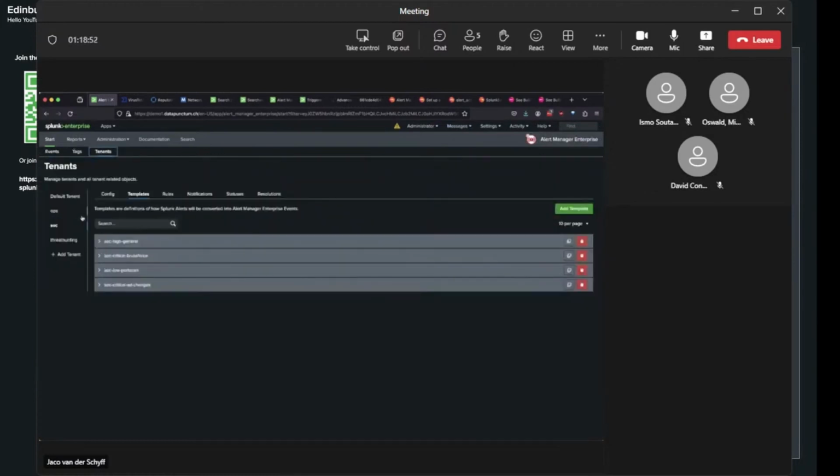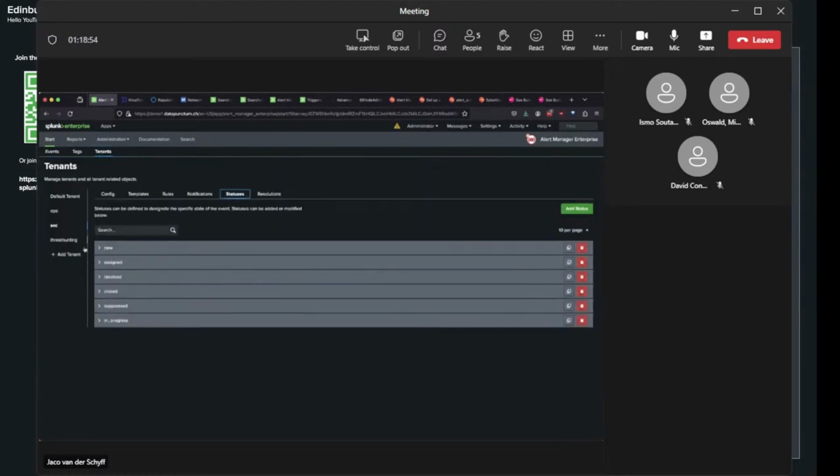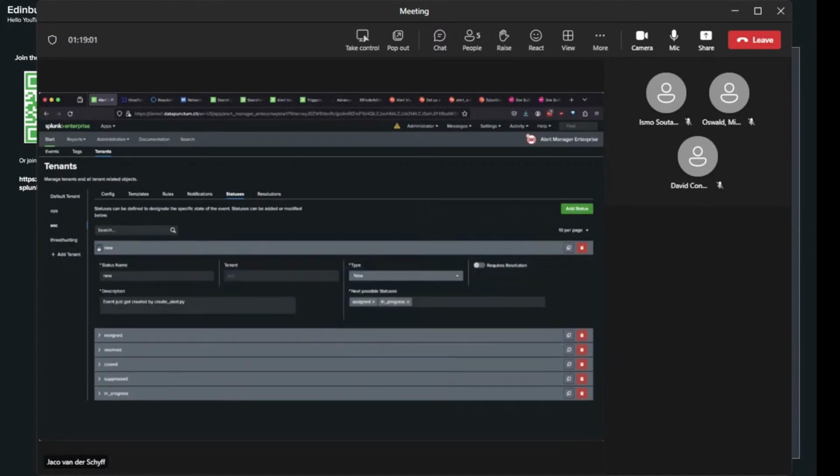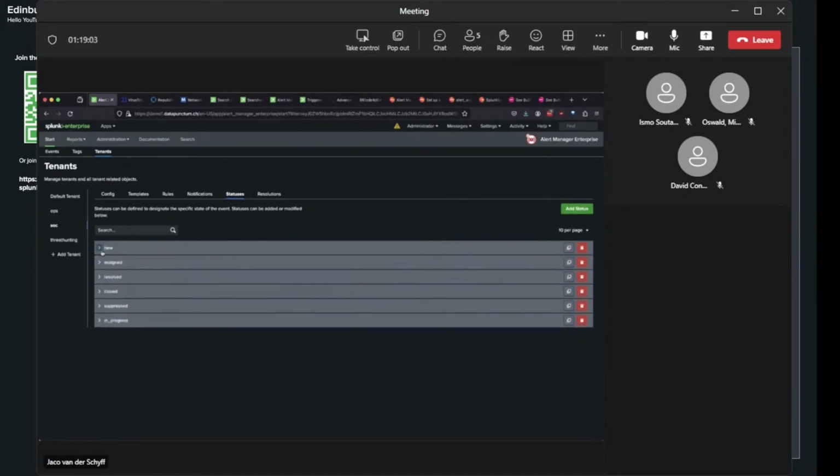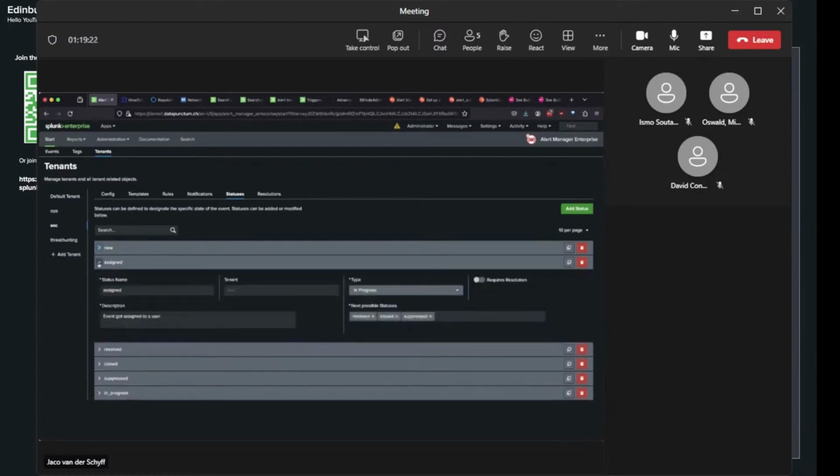Good, so I'm going to go to the tenants, and I quickly want to talk through statuses. So this is true of any event incident management system. You have different statuses. In AME, we allow different statuses as well, so you can add your own status. So let's say you have a level 1 team that's looking at an incident, and you have a level 2 team, and you want to reflect that in a specific status. You can see that when you look at the event, it's now within team 1, within team 2. You can add these to model your internal workflows.